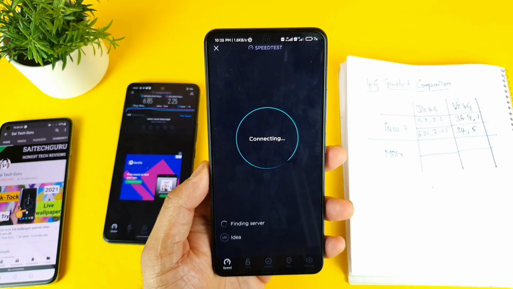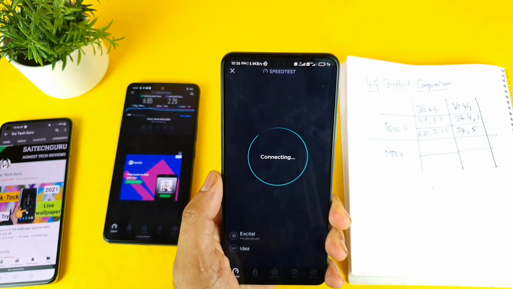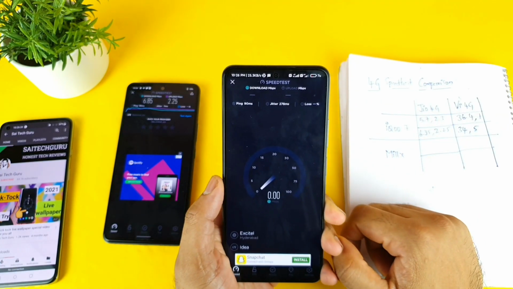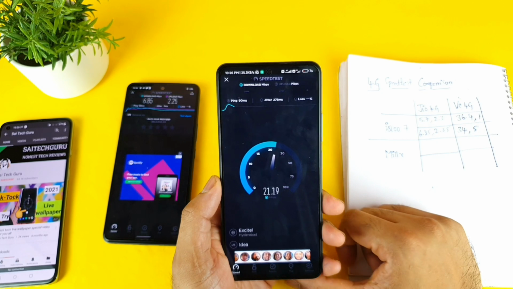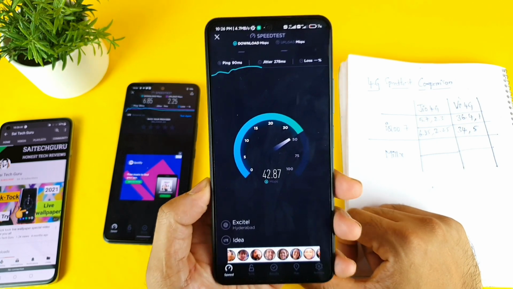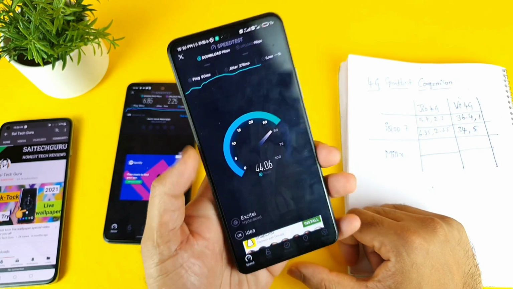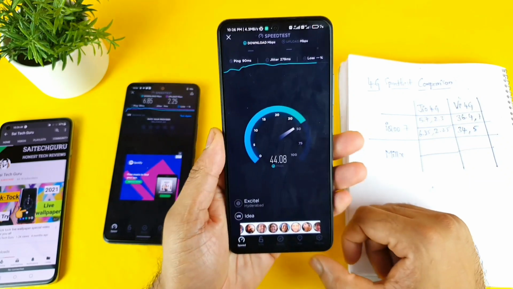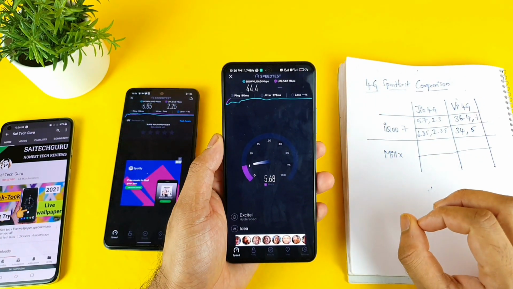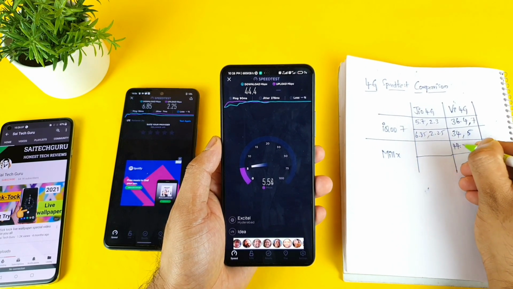So this will be the really interesting test, friends, because this is the first time I'm testing it, so even this is kind of new for me as well. So let's see what speeds we are going to get in this vSIM. We are getting speeds of about 48 Mbps, as you can clearly see, friends, 45 Mbps speeds in this Mi11X using the same vSIM which I used in the iQOO 7. As you can see, same vSIM. So 44.4, that's a very huge difference.